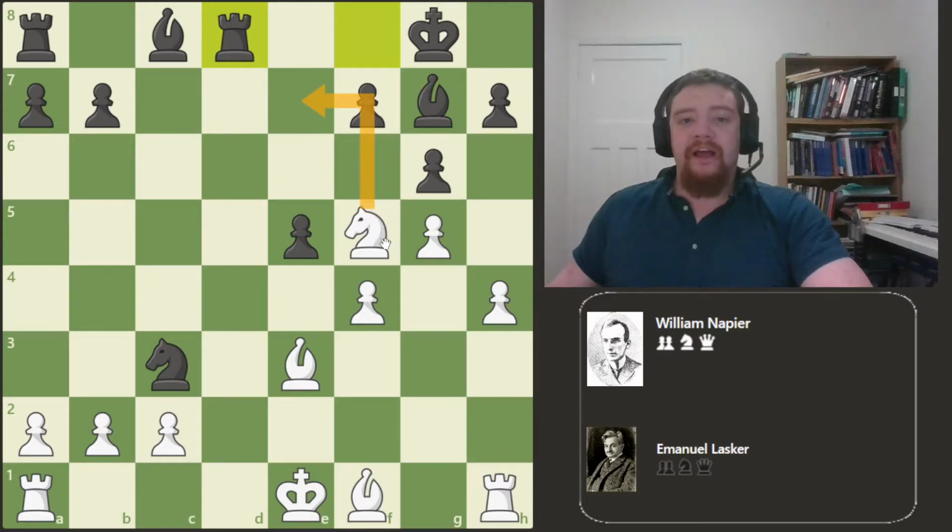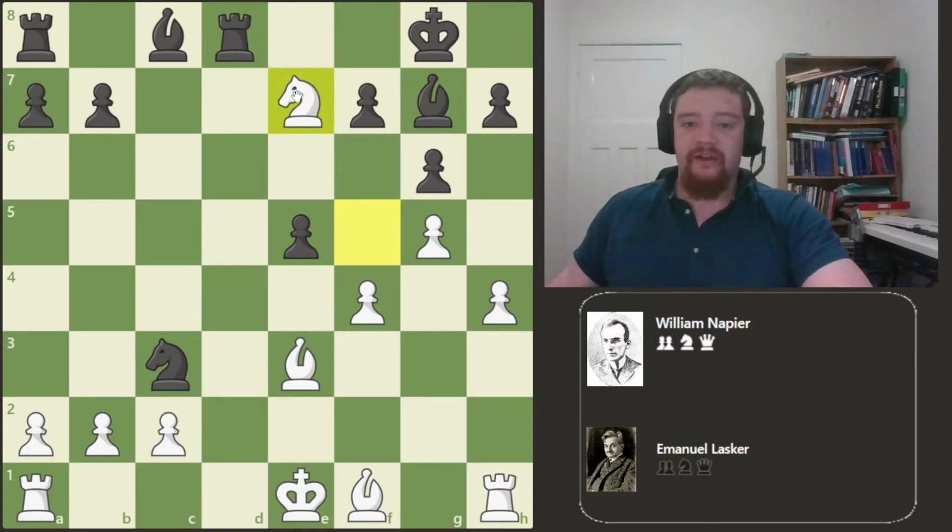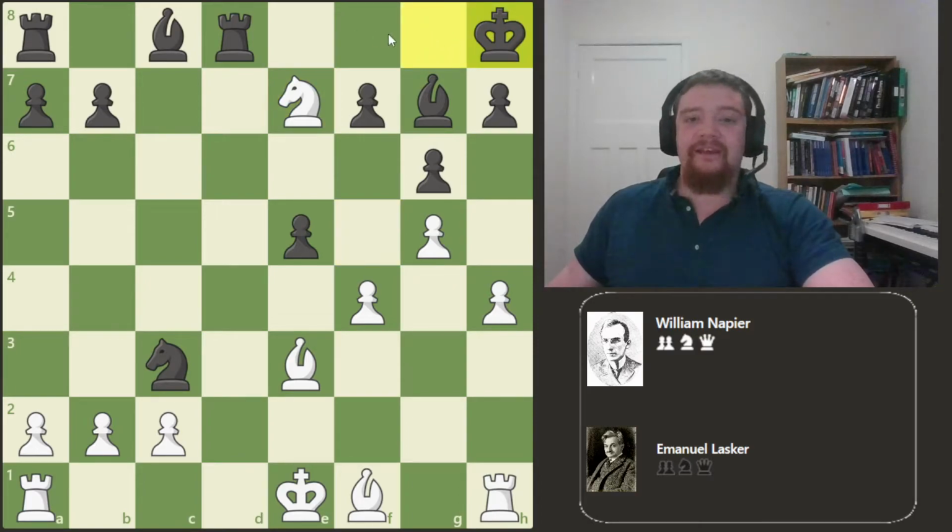So they were the two black moves that were potential options: knight takes g7 and knight to e7 check. We see knight to e7 check, and this knight is going to be essentially deciding the game later on. It's quite interesting. So we see king to h8,